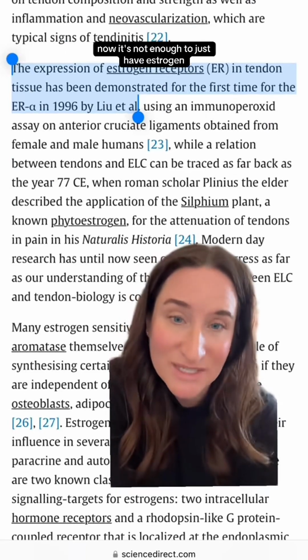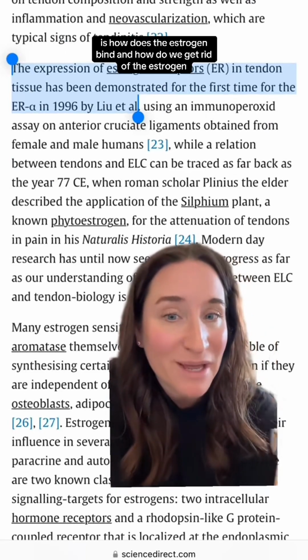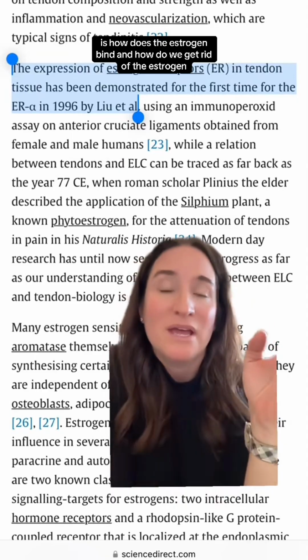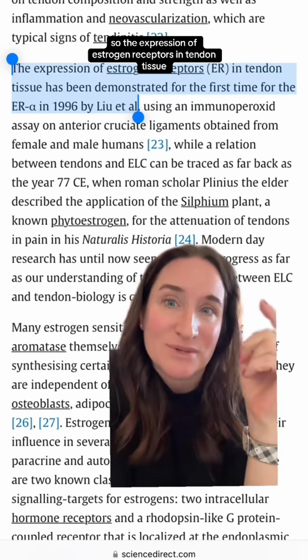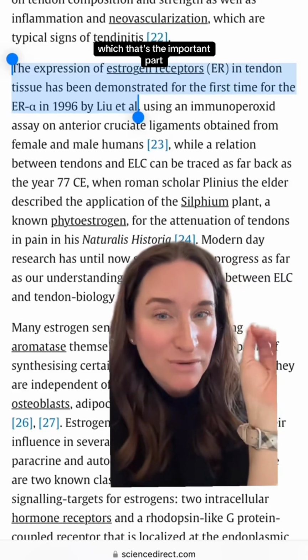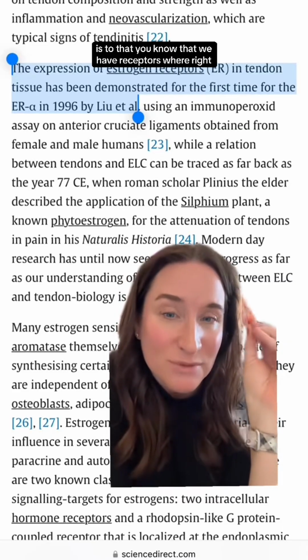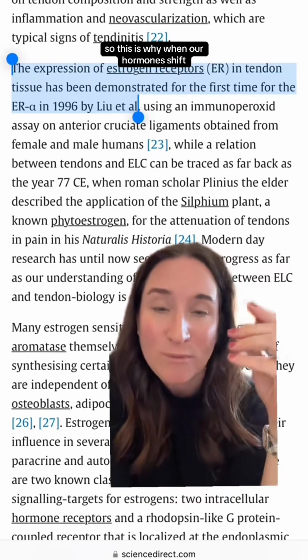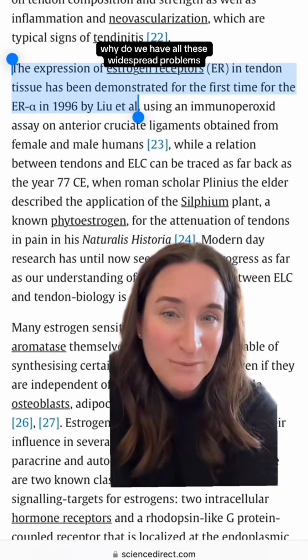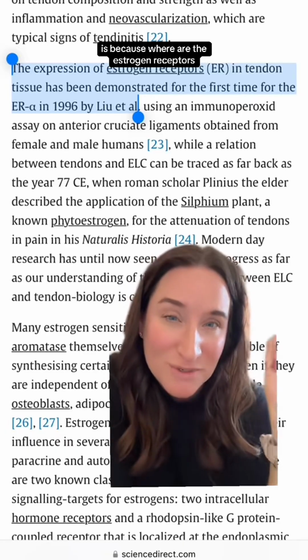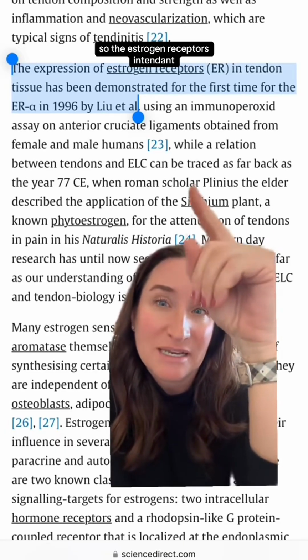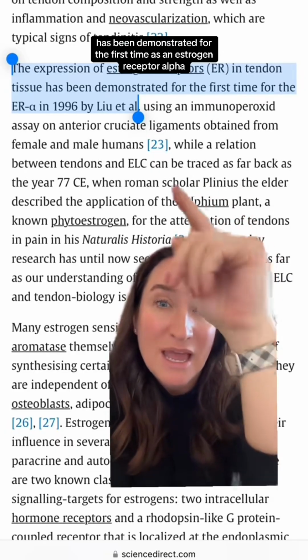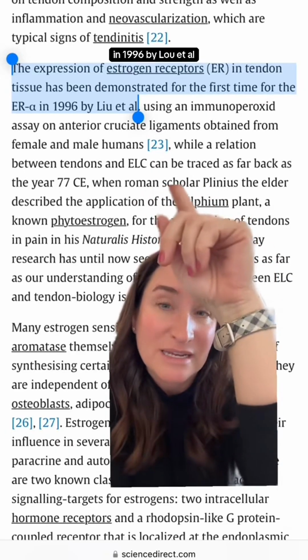Now, it's not enough to just have estrogen. It's how does the estrogen bind and how do we get rid of the estrogen? So the expression of estrogen receptors in tendon tissue is the important part, because we need to know where we have receptors, right? This is why, when our hormones shift, we have all these widespread problems: because of where the estrogen receptors are. The estrogen receptor in tendon was demonstrated for the first time as an estrogen receptor alpha in 1996